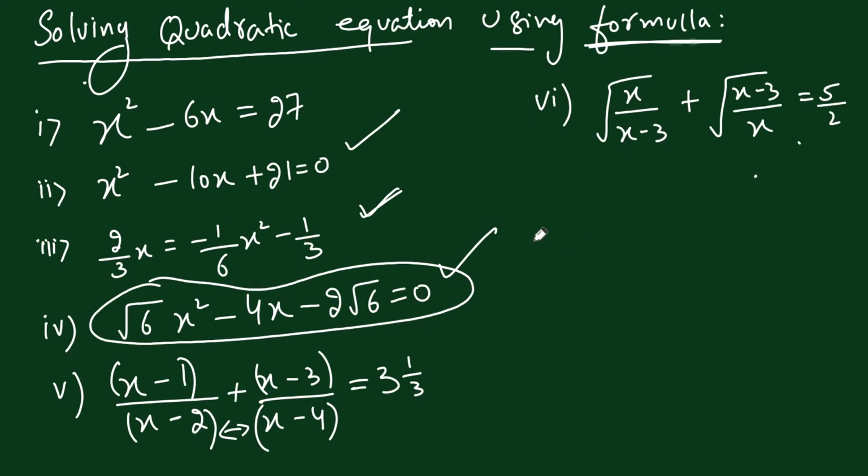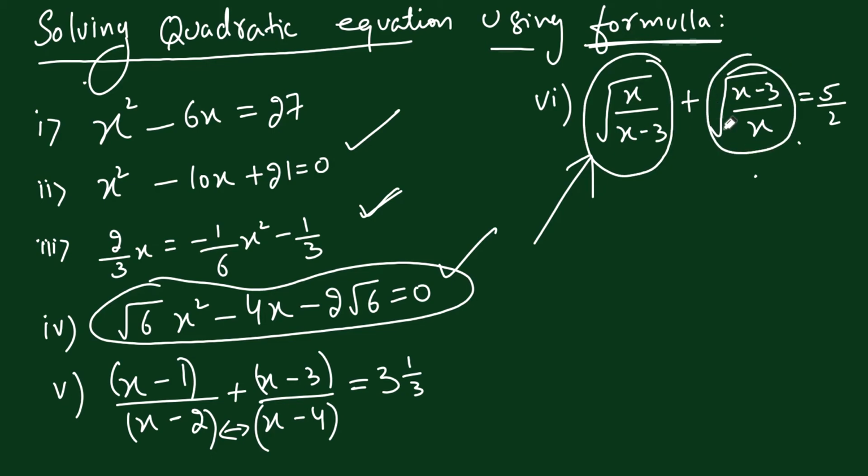The last one which I have written here looks like this: square root of x by x minus 3 plus square root of x minus 3 by x. You may see that this looks complicated, but we can simplify it, make it simple. Concentrate, this is x by x minus 3, this is x minus 3 by x. Both are similar, but they are reciprocal to each other, reverse to each other. So how do we do it? It's root of x by x minus 3 plus root of x minus 3 by x is equal to 5